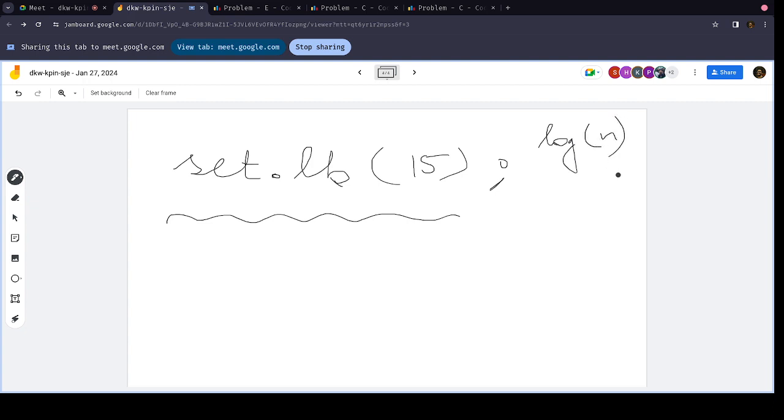Okay, the main idea is whatever library function you're using, make sure you know the time complexity. Don't blindly use it. If you don't know the time complexity, try not to use it. If you have to use it, go learn about it first, right? Apart from that,